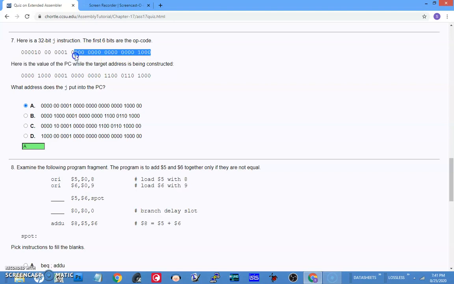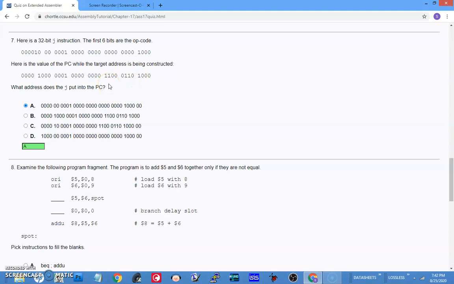That means left shifting by 2 means the entire thing is pushed to the left. So you will lose these 2 bits and 2 more bits will get added here. If you look at here, these 2 bits get added and these 2 will be going. So first you have the upper 4 bits of the PC and then the 2 bits that get left shifted, and the entire thing. So this is your answer.